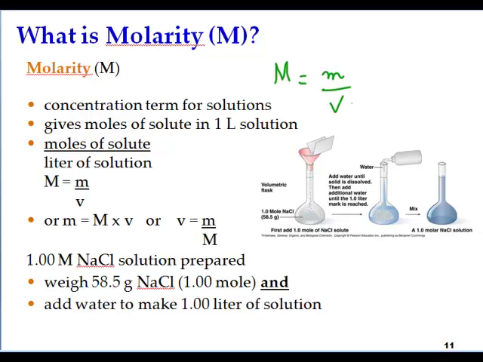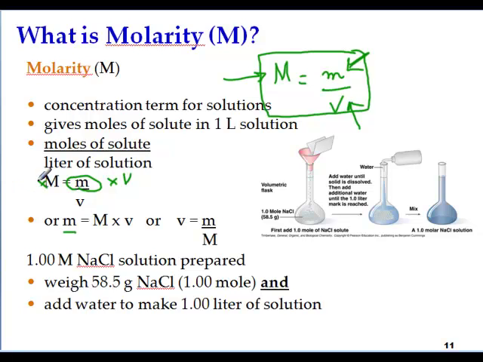over V. Now I want you to be very clear about understanding this formula. Capital M expresses the molarity of a substance, which is a representation of how many moles of that substance are dissolved in a certain amount of volume. Now keeping this in mind, I can isolate small m. You can see the small m needs to be isolated. You would have to multiply both sides of the equation by V, and that's where we get capital M times